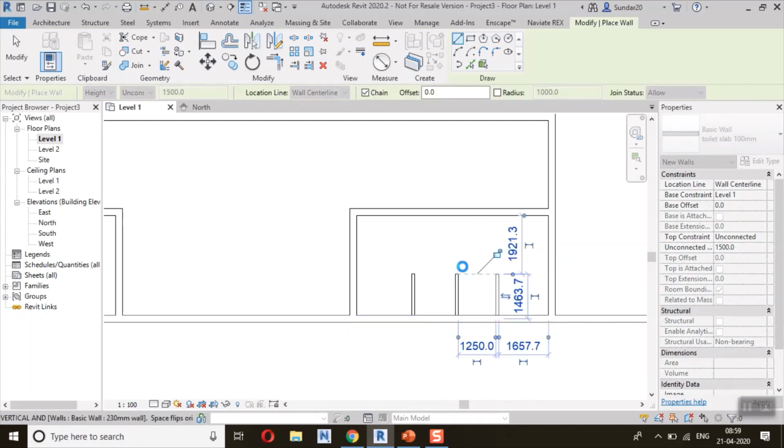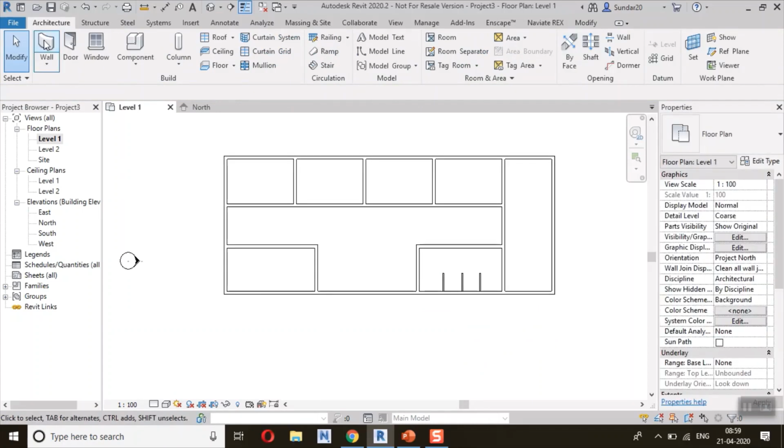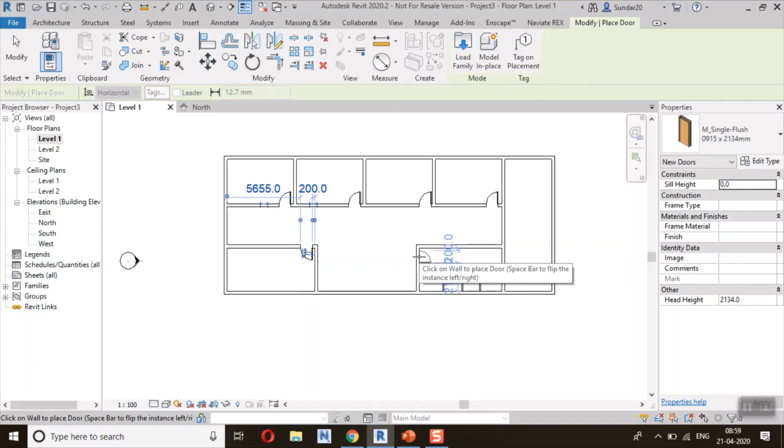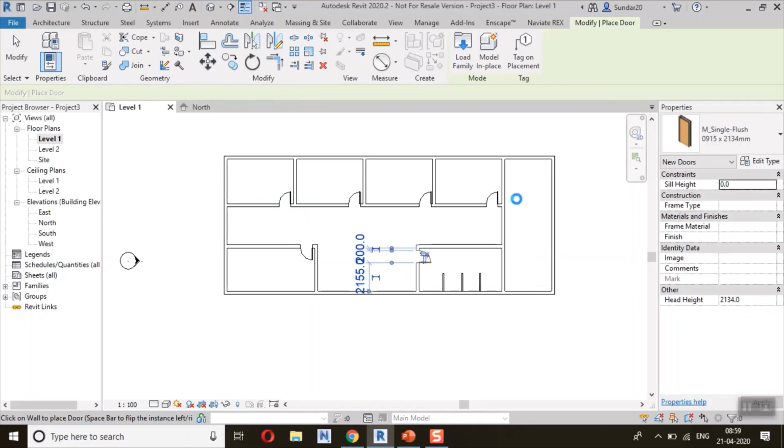Okay. The final step. So how to place the doors for each and every room. Okay, I'm using a single flush door. And this is the AHU room.